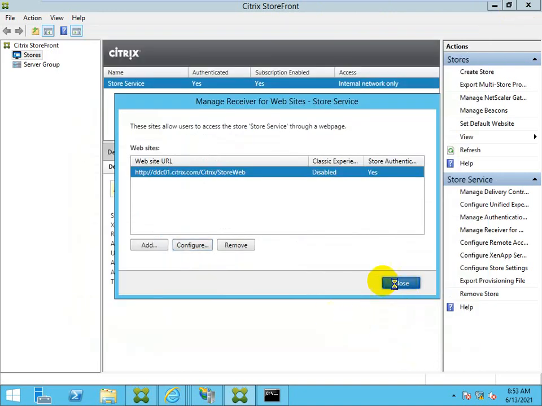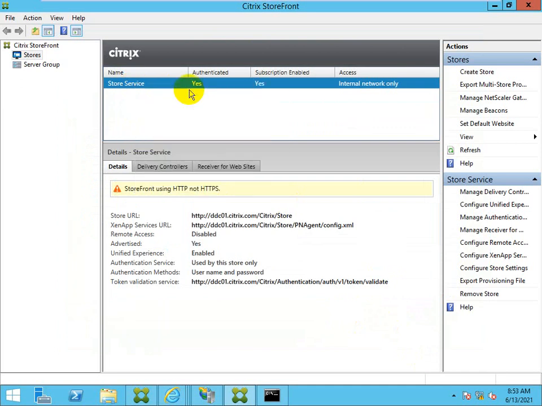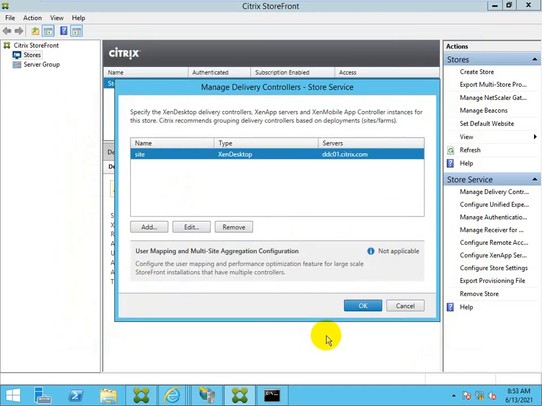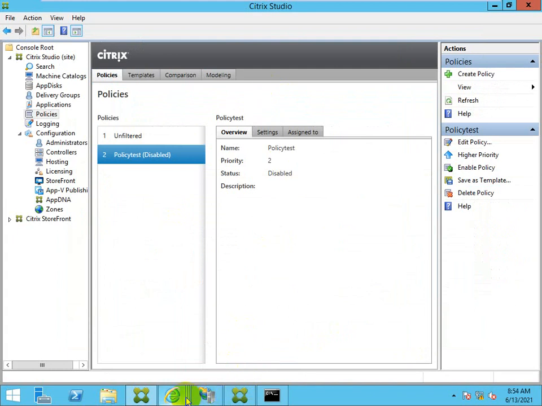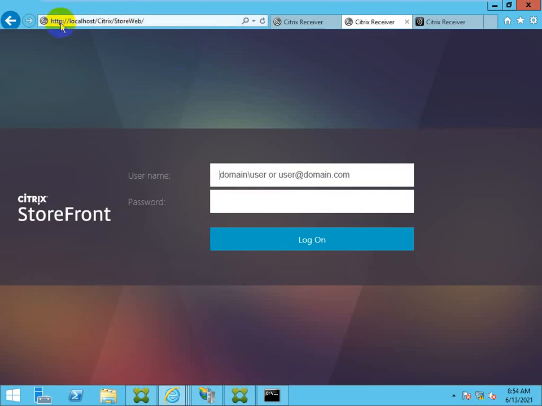I'm just canceling this and going to the HTTP or HTTPS edit. I'm enabling HTTPS. So now I will try to access through HTTPS.